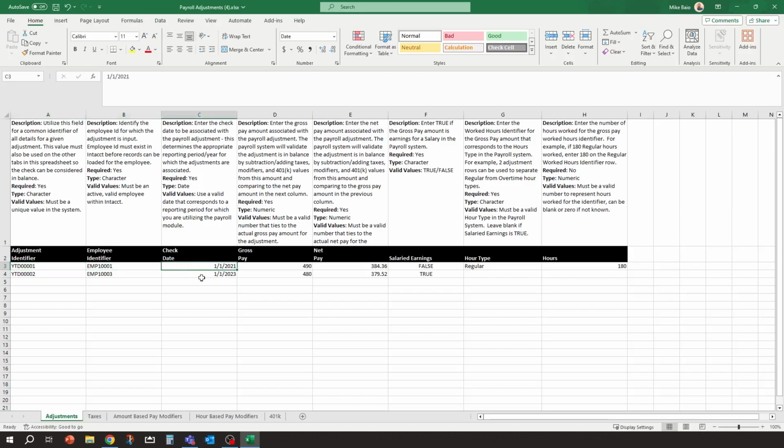So I can come into here, for example, and it does want an identifier. Typically, it's just a consecutive number. I recommend labeling it based on what you're doing. So this is beginning balances: year-to-date 1, year-to-date 2, year-to-date 3. You might want to use an identifier like ADJ if you're making weekly adjustments or something like that. You can do that as well. But it's straightforward. Hey, I need this employee. I need this to be the check date. Here's the gross amount. There's the net pay.